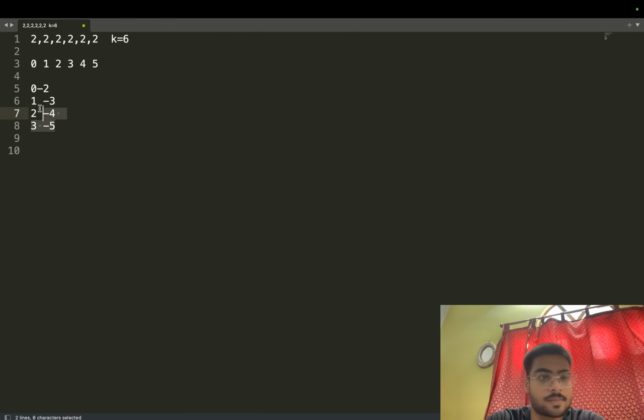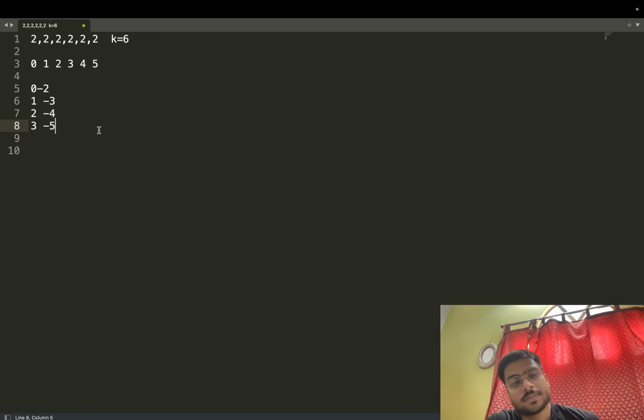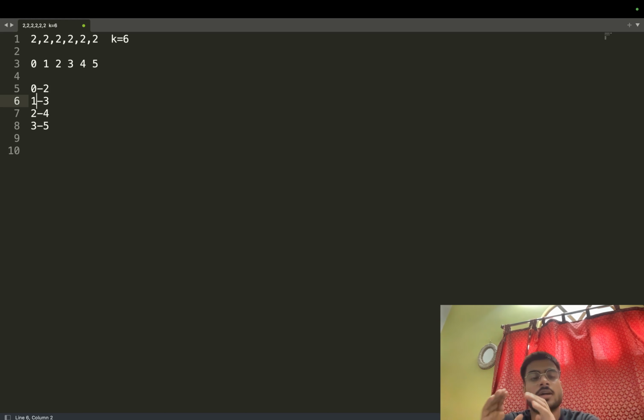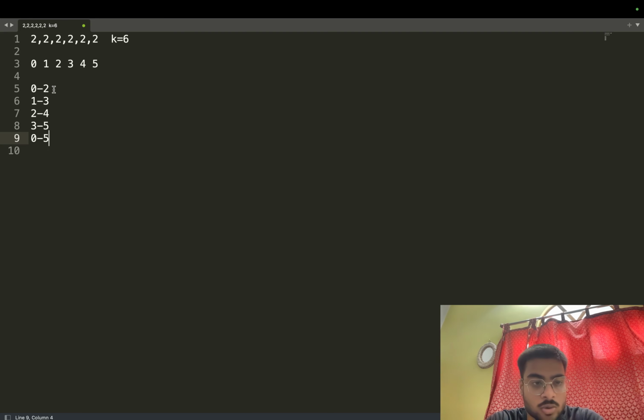Yes, all these subarrays are divisible by k, the sum of the elements. Here 3 to 5 means the sum of the subarray from index 3 to index 5, and also the whole subarray 0 to 5, since the sum of the elements is 6 plus 6, 12, which is also divisible by k. So there are actually 5 subarrays which are divisible by k, but the number of distinct subarrays is only